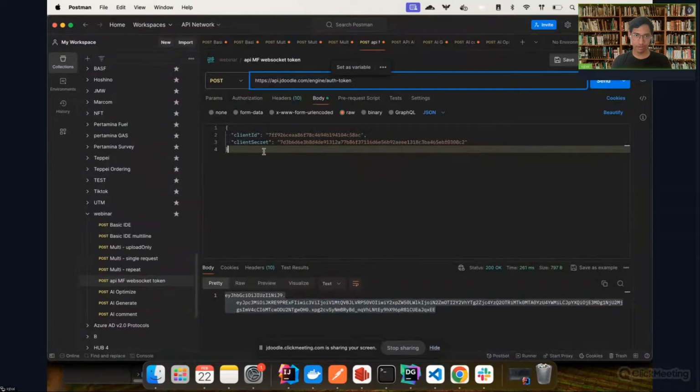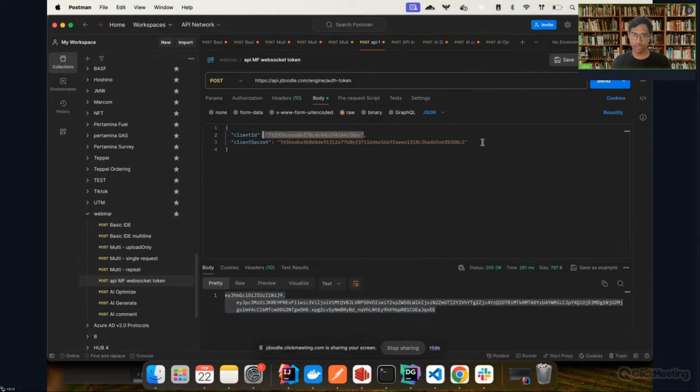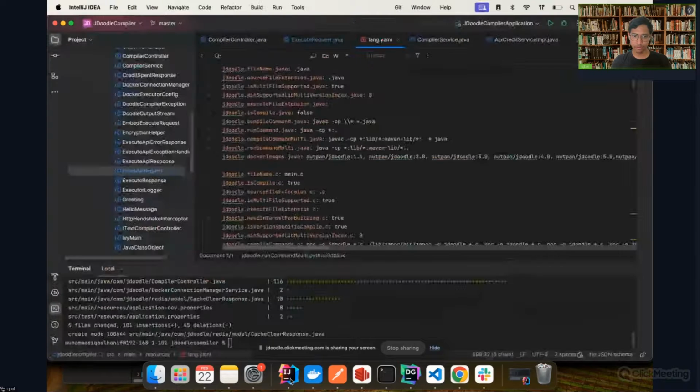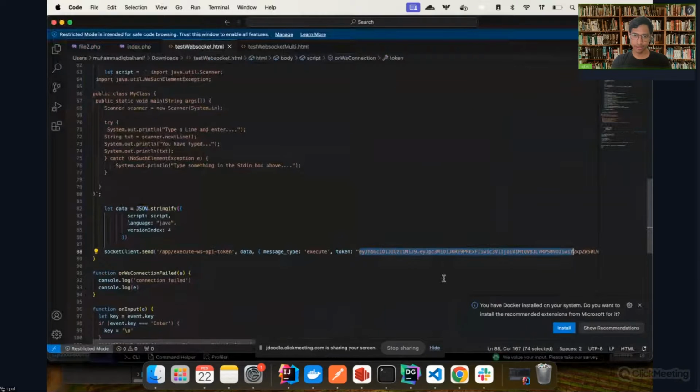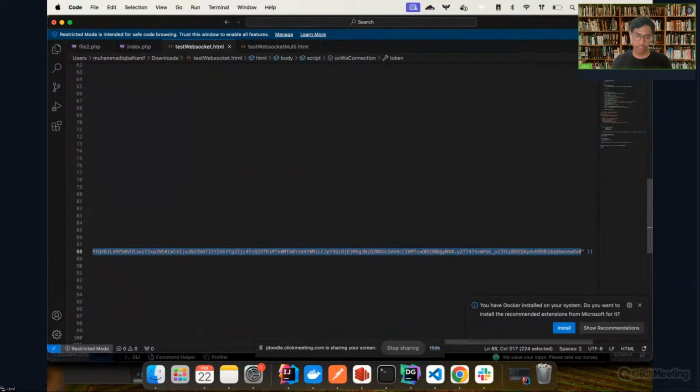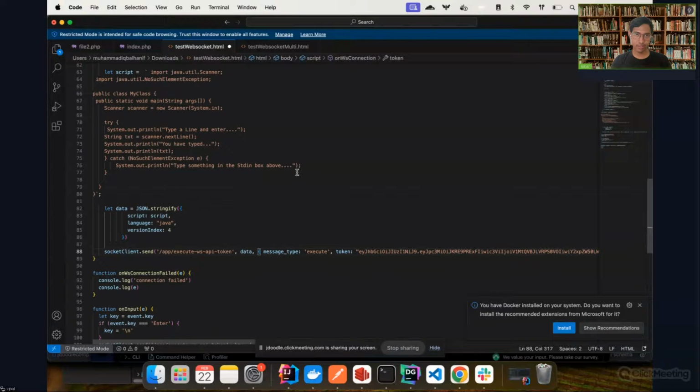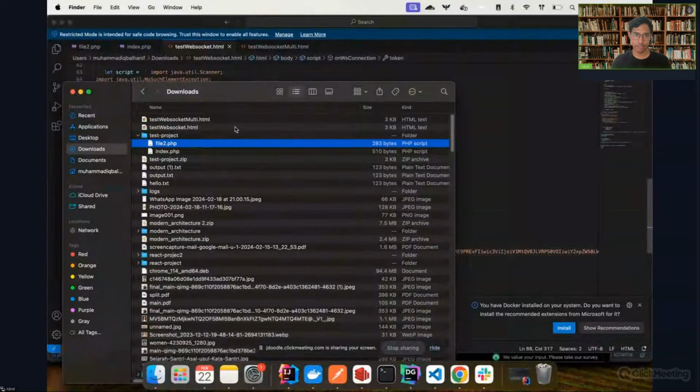So in this case, you will need to get a client ID and client secret, and then if you hit that, you'll get a WebSocket token for you to create a WebSocket connection. And then once it is there, you can save, and then you can open the files in the browser for testing,